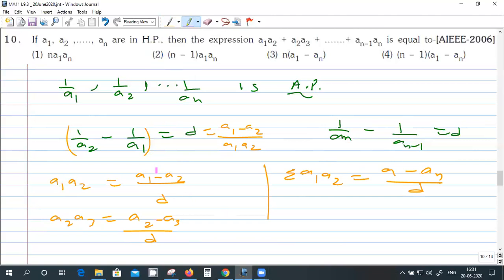Okay, so this and this will cancel, right? The last term will be AN minus A1 divided by D. So AN will cancel, so only A1 minus AN divided by D will remain, right? So A1 minus AN divided by D, and then D is